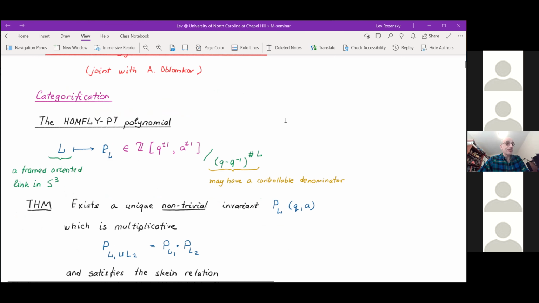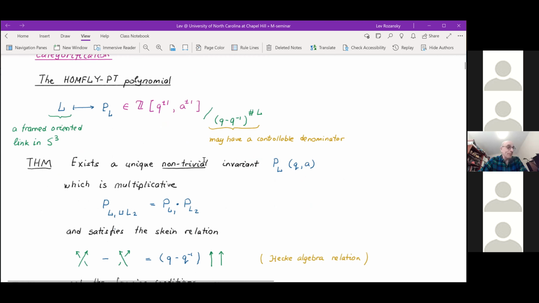It's a part of three-dimensional topology. To a framed oriented link in a three-sphere, it assigns a polynomial in two variables, which may also be inverted, q to the plus or minus 1, a to the plus or minus 1. In fact, it's not quite a polynomial. It may have a controllable denominator of the form q minus q inverse to the number of link components, but it's just a minor nuisance. So a big theorem that was proved by all these 8 people,